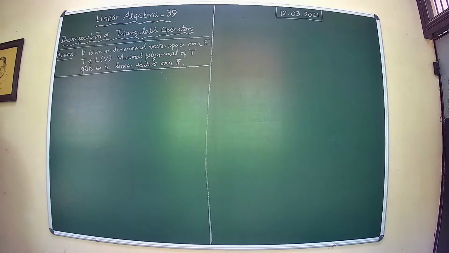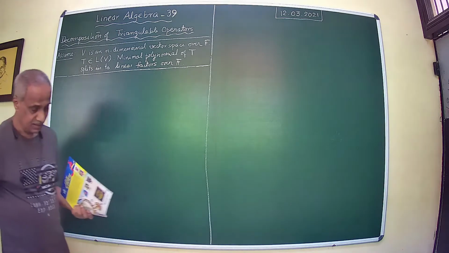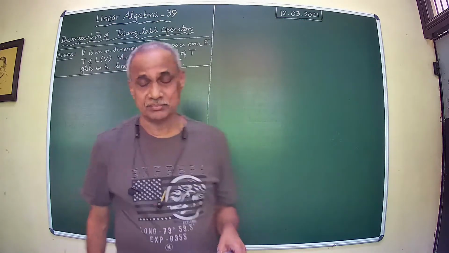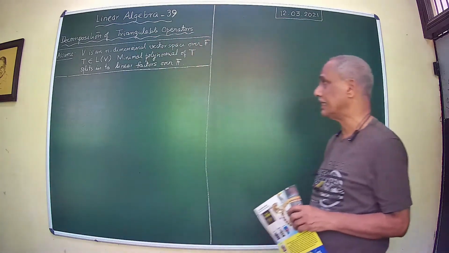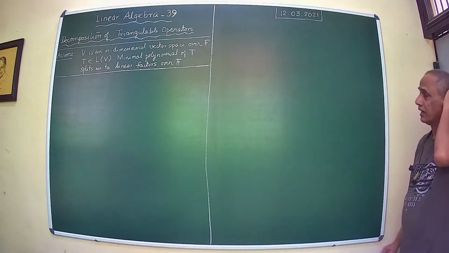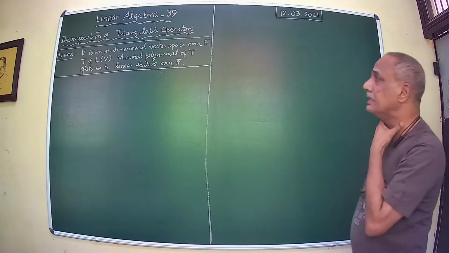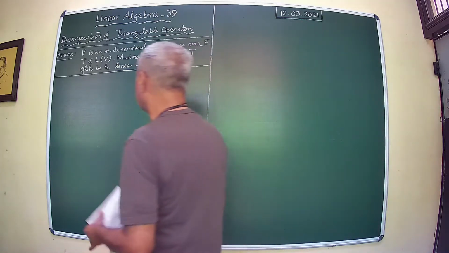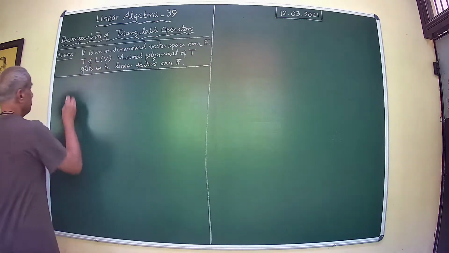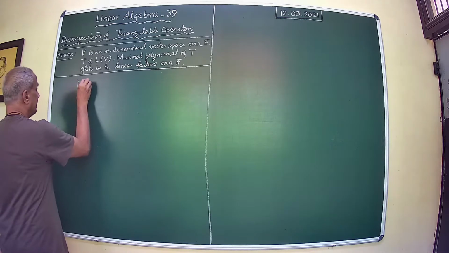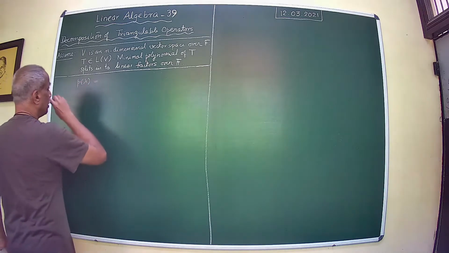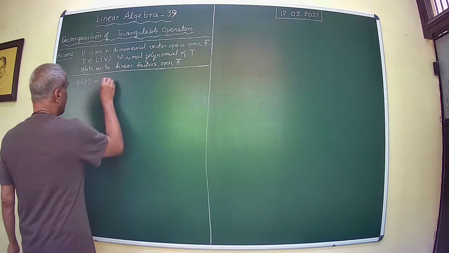We continue with our discussion on the primary decomposition theorem. But we look at the special case of that, where we assume the minimal polynomial of T splits into linear factors over F. So we assume that p(lambda), the minimal polynomial, is of the form